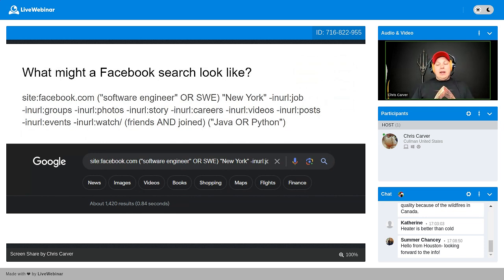Then I'm going to go in and put the minus URLs, and I'm removing jobs, groups, photos, stories. I don't know if you're aware of this, but you can publish articles on Facebook in the same way that you can publish articles on LinkedIn. A kind of different platform as well. But removing stories, careers, videos, posts, events, right? All of these are going to be useful later. But removing these things means that I'm going to find people that have software engineer or SWE, and New York